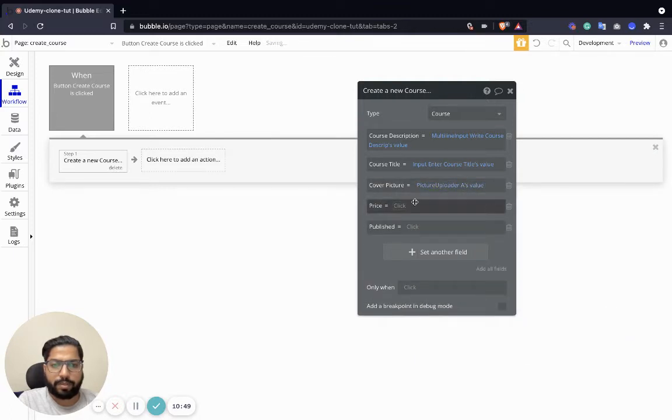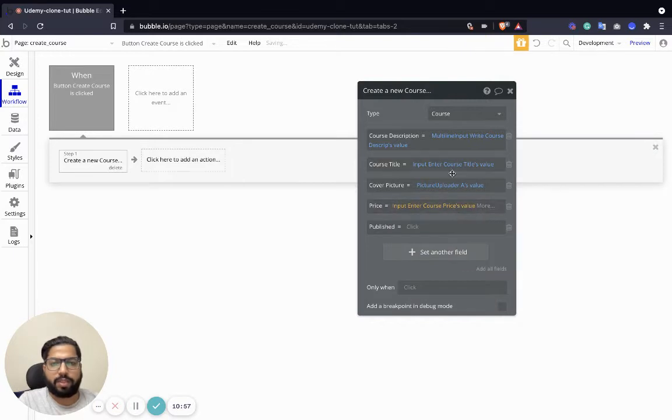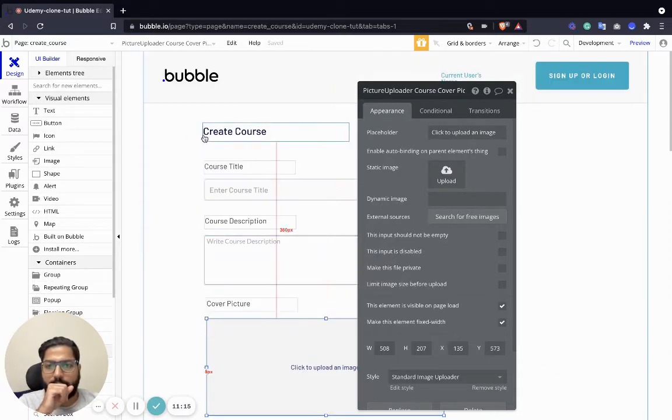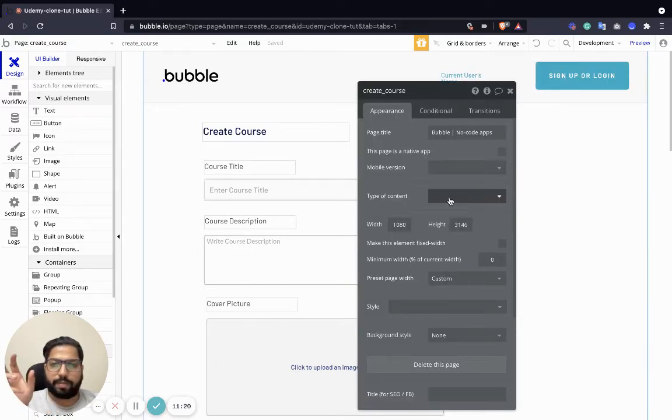picture uploader's value. Let's remove enrolled student, and price is the input's price value. We're just going to rename this picture uploader, just to remove confusion in the future. So picture uploader for course picture, right? So yeah, let's also change the type of content of this page so that Bubble would know what